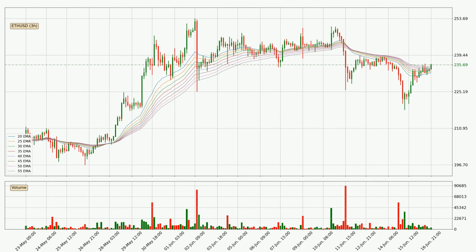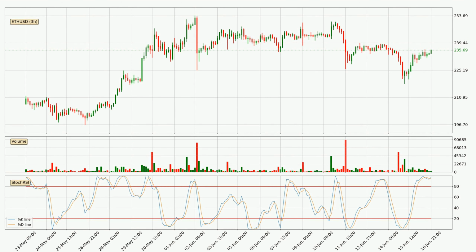Moving to the 3-hourly exponential moving averages, the current price went above the 3-hourly ribbon, so it is to see if the price will dip back below the ribbon or it will play as a support to the downside, currently at around 235. Looking at the 3-hourly stochastic RSI, both the %K and %D lines are located in the higher